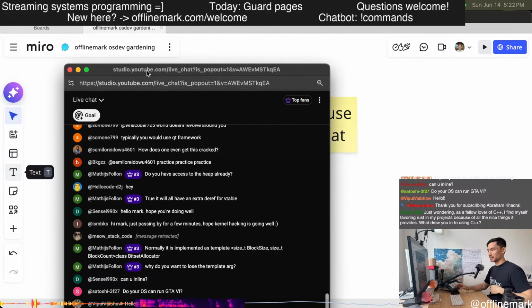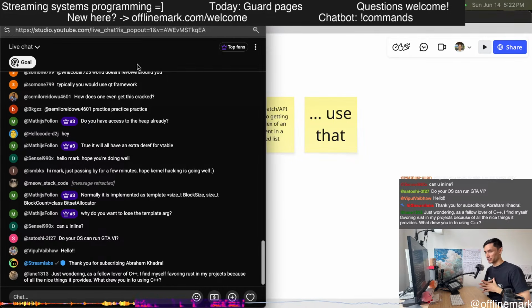So Lane is asking, as a fellow lover of C++, I find myself favoring Rust in my projects because of all the nice things it provides. What drew you to using C++? That's a great question. I'm using C++ for extremely practical reasons. I have significant professional experience with C++. I'm very, very comfortable with C++. I have basically no experience with Rust.